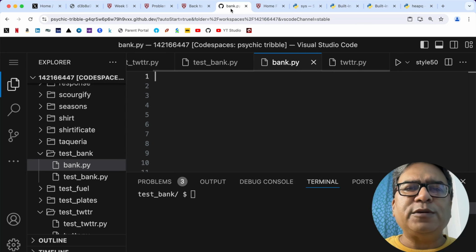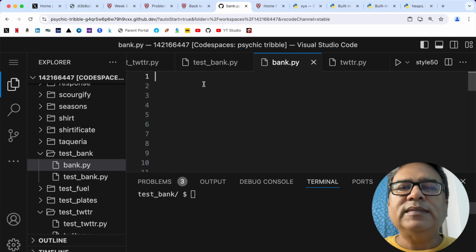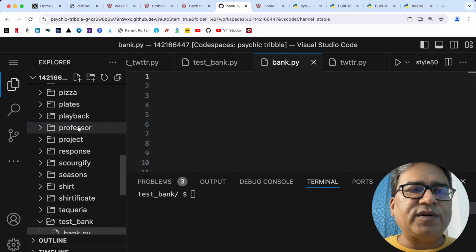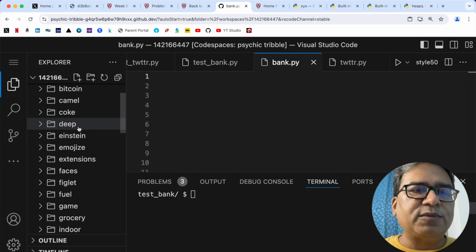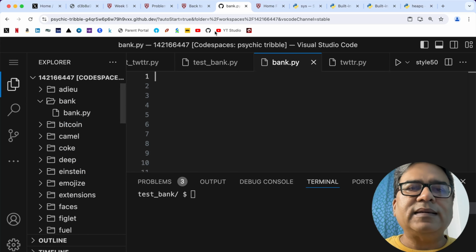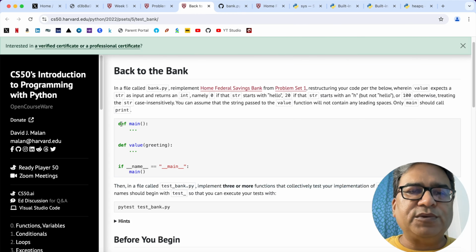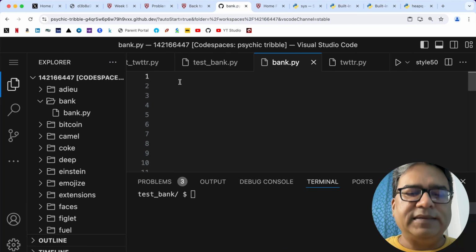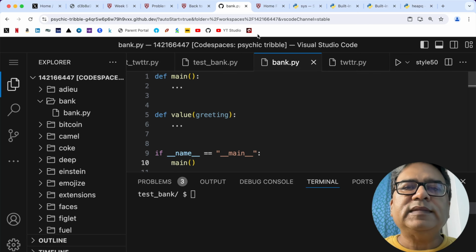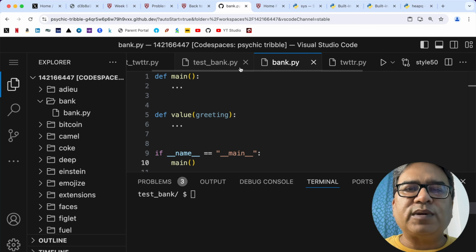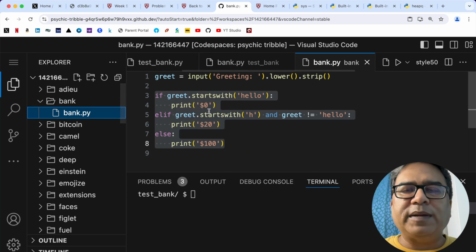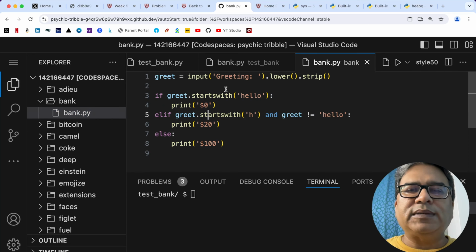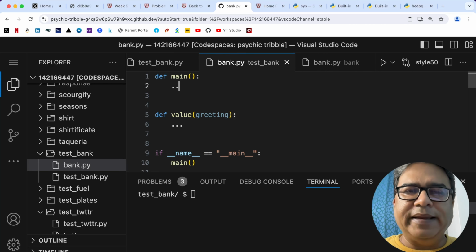So here I am in bank.py. Let me first of all go to my original program. But before that, let me copy the pseudocode from here and paste it here. Now if I go to my original program, bank.py, let me open it over here. I am going to write more or less the same stuff here. I am going to copy this line, put it under main,